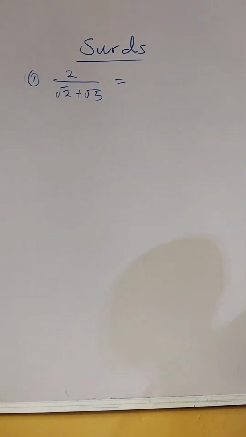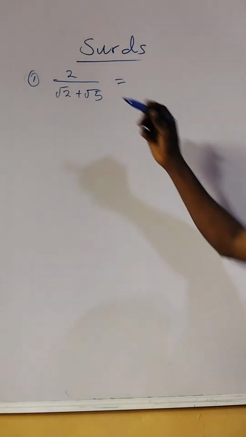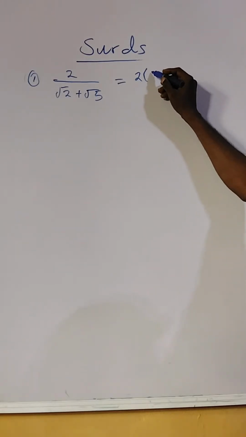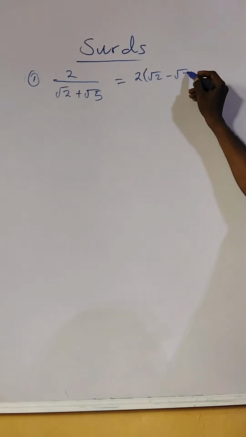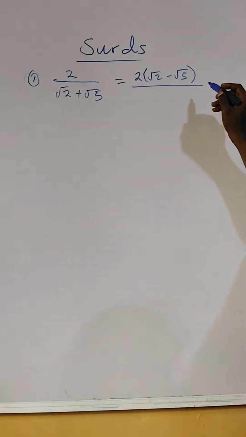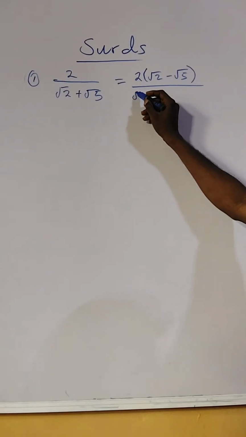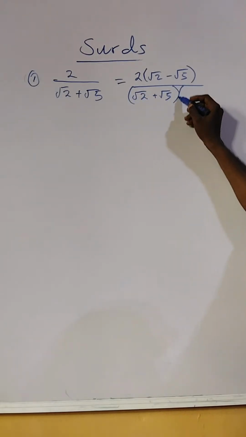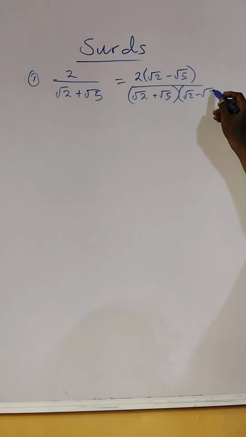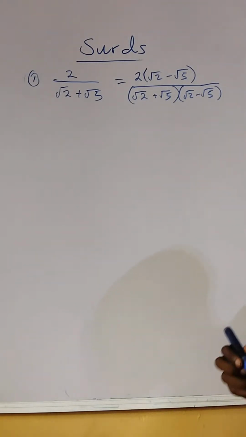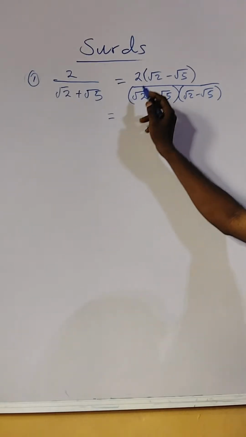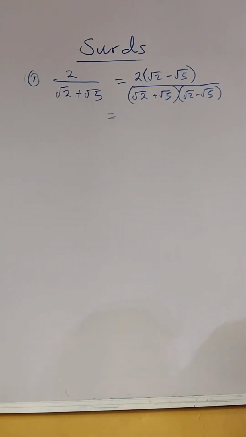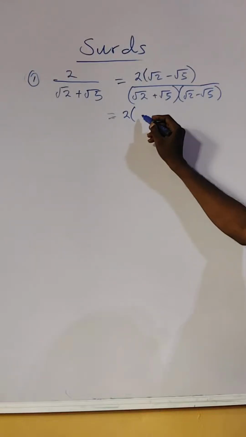Also, we rationalize this surd and we multiply the numerator and denominator by the conjugate of the denominator. Here, this becomes 2 times root 2 minus root 5, also divided by, multiply this by the conjugate as well, that is root 2 plus root 5 times root 2 minus root 5. The next step, we open this bracket. To open this bracket, as it's just a constant, we can still leave it as 2 into bracket root